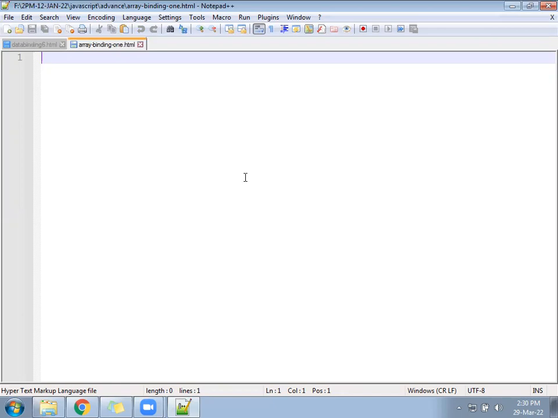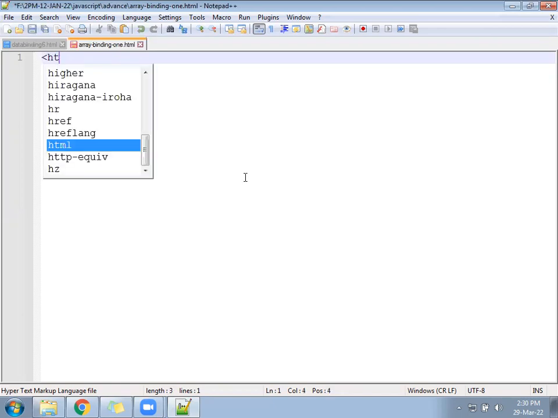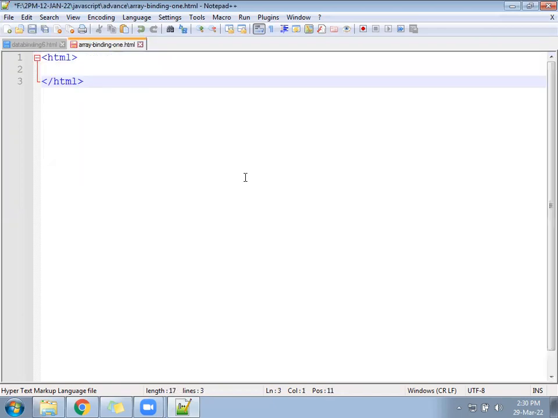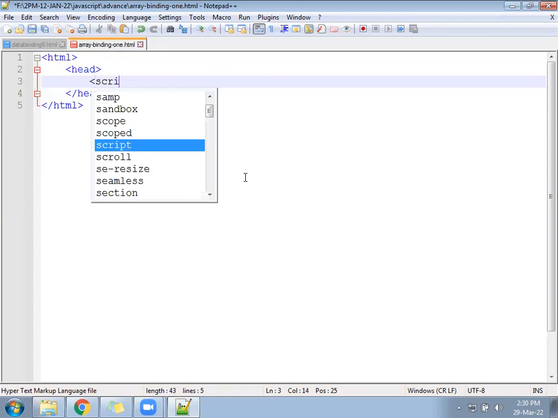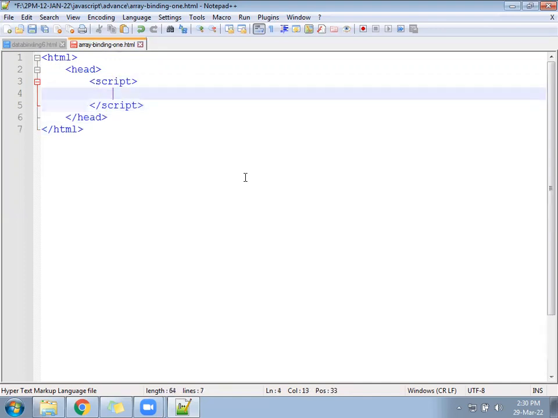Now inside the array binding 1.html, start from HTML, follow the head section, correct, write the script. Under the script, create a variable. Maybe you can write book list equal to, and store some names of the books,